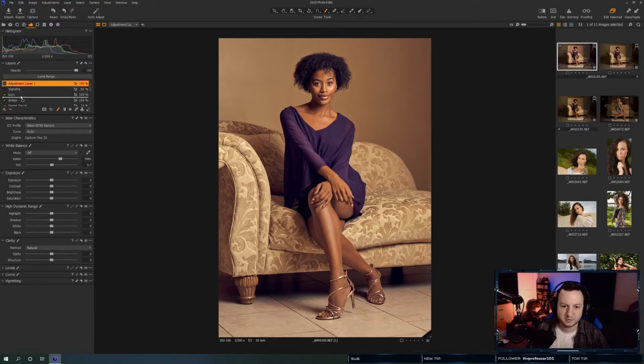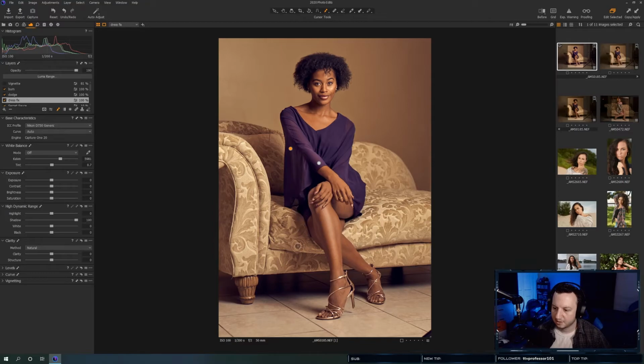So let's go into another adjustment layer. And dress fix. Let's just pop that shadow all the way up and see if we can't bring this back a little bit. And this is why I work in raw files, because in a JPEG, none of that information would have been there. And then we'll just do just like that.